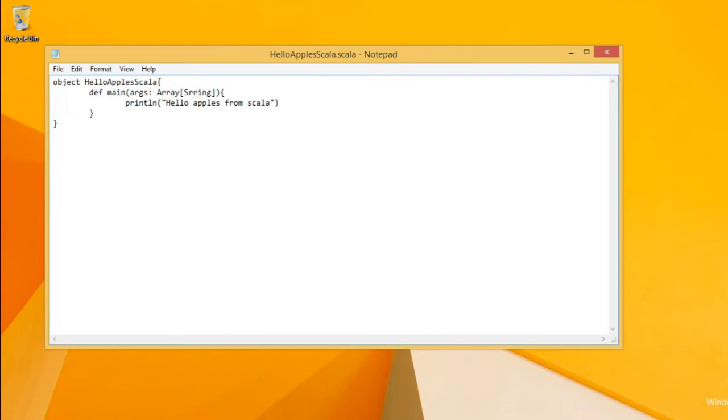Again, this is a simple hello world in Scala. The class name is the same as the file name, and we have def main, that is the entry point, and we have arguments. We print this hello apples from Scala. Let's create the same file, same class.